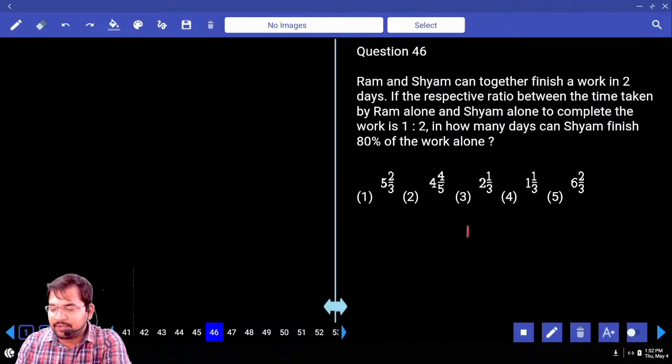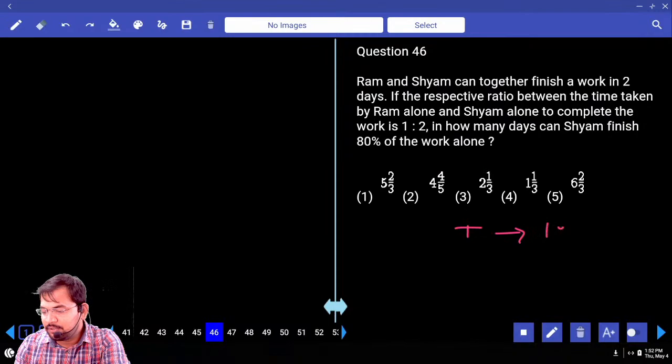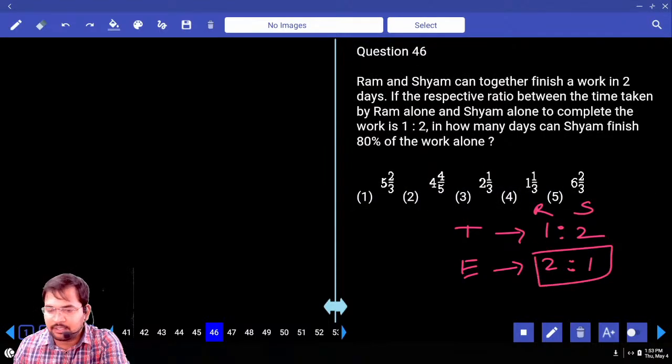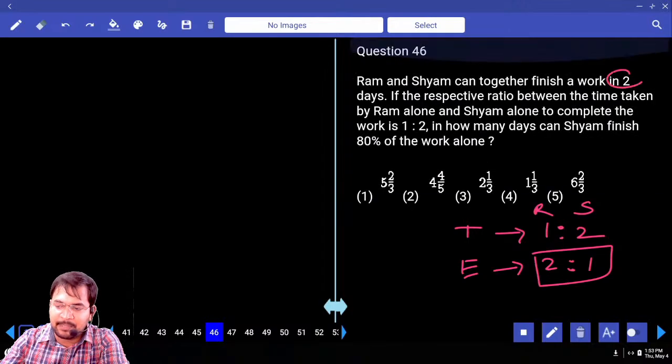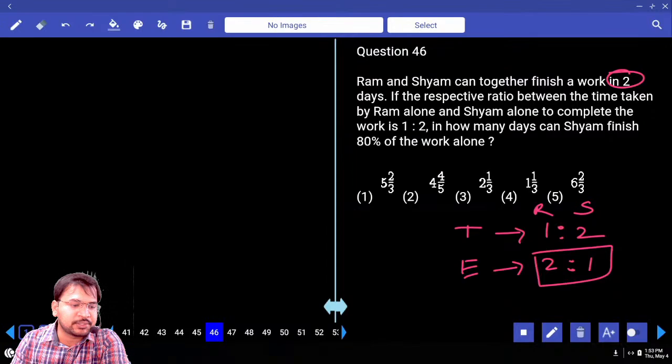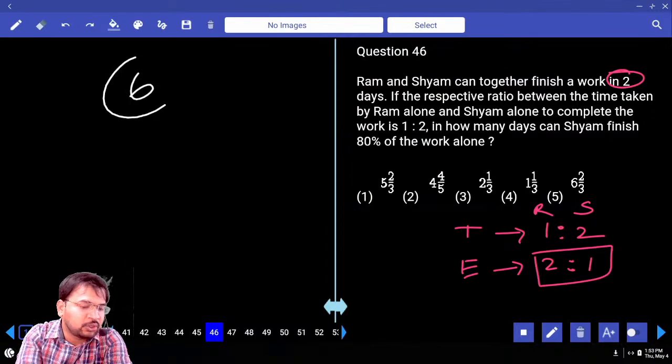The times ratio they gave. Times ratio is 1:2, na. Therefore, efficiency ratio is 2:1. Ram's efficiency is 2 parts, Sham's efficiency is 1 part. So together efficiency is 3 parts. Together they complete the work in 2 days. 2 into 3 is nothing but 6, na. Total work is